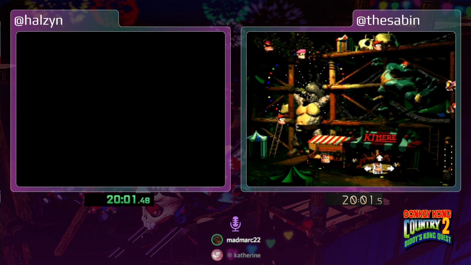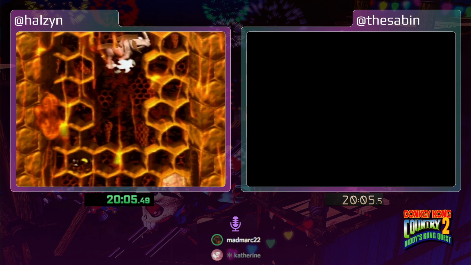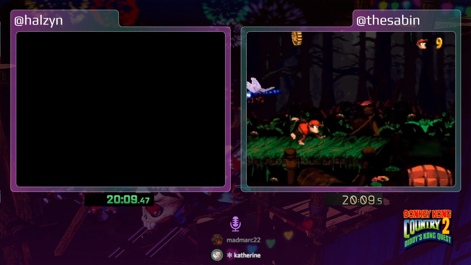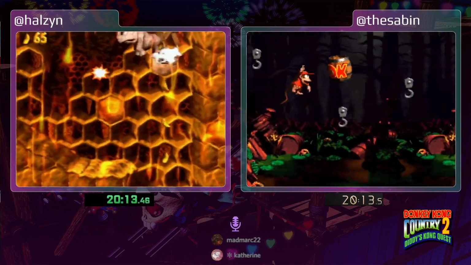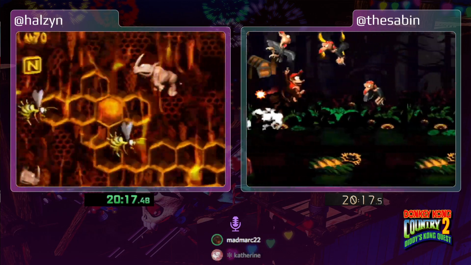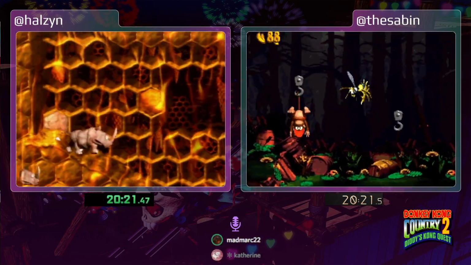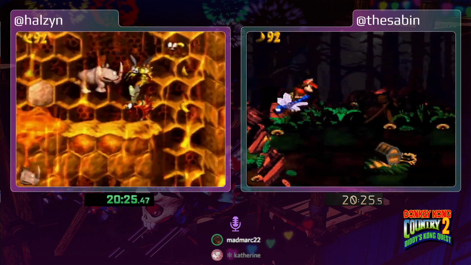This level is named Rambi Rumble for a reason, because we're going to play as Rambi once again. Heck Rambi, by the way. I disagree. Rambi gets too much stick. Halzyn is actually taking the safety con? That's a good choice. I definitely agree with that choice, because it's very easy to unsuspectingly take damage